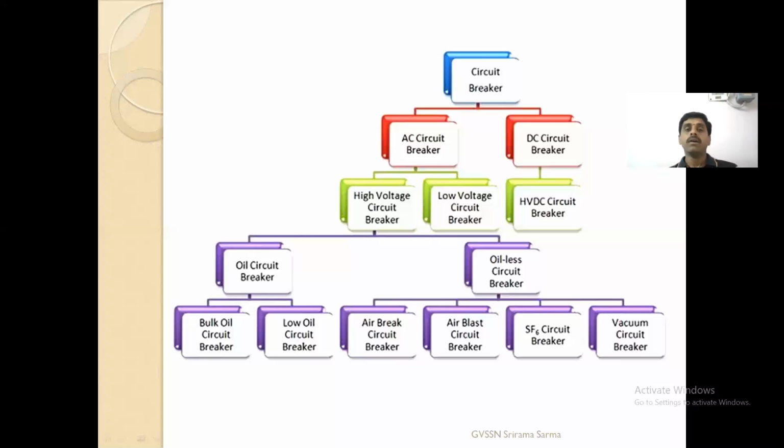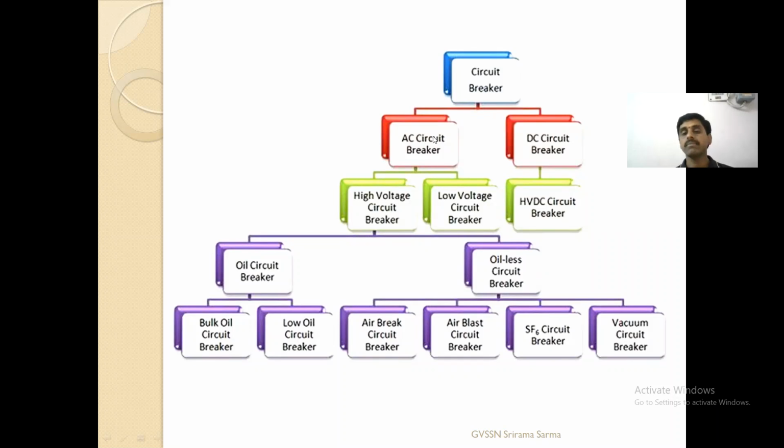Coming to the oil circuit breakers. Before going to discuss the oil circuit breakers, let us see the overall view of these various breakers. So if you see here, the circuit breakers, different breakers,